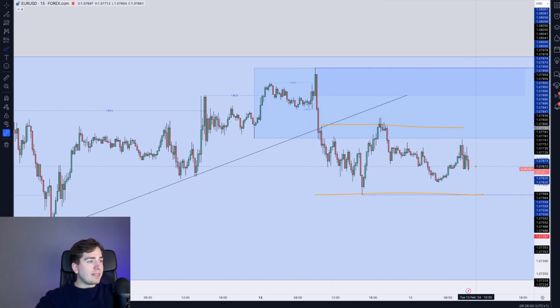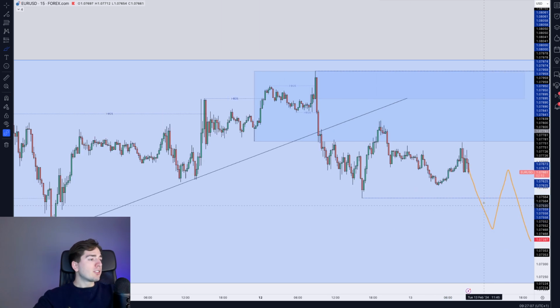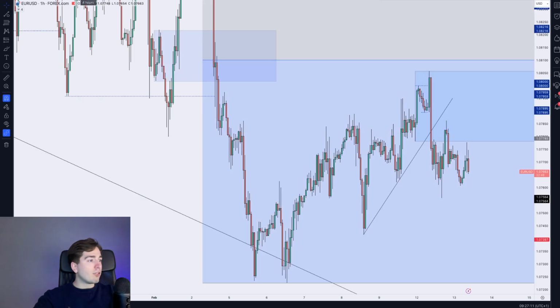I'm currently just waiting for the market to now put in a new lower low and then again trade with the overall trend further in towards the downside. I might be a little bit more aggressive if we are already breaking the low over here of this structure. Then I might, if we do see a retracement, already get in on an entry a little bit earlier. So that's what I'm looking for on euro dollar for the rest of today, expecting that further downside from this